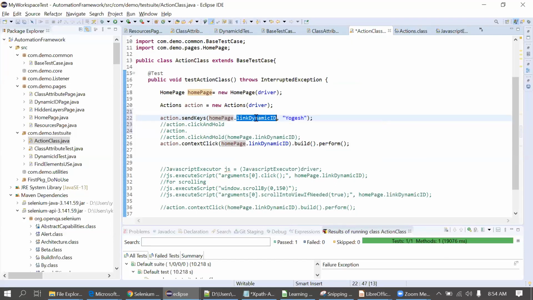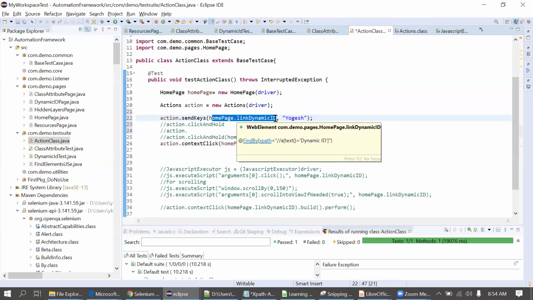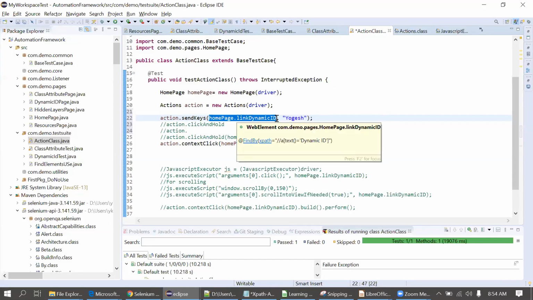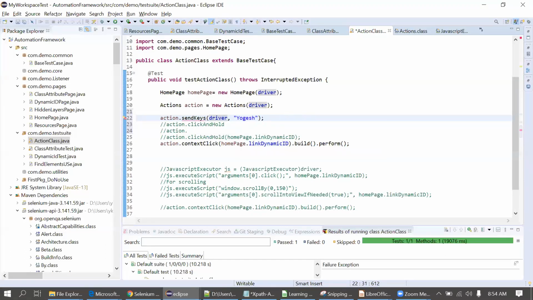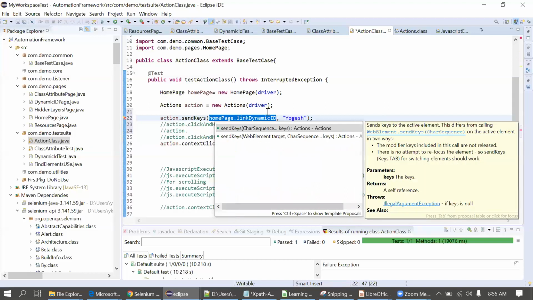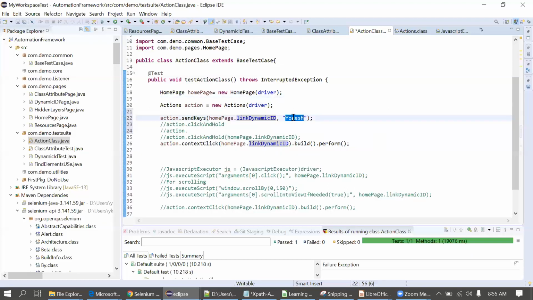Yes, this is another class, and you are using it like homepage XPath in actions, by the help of homepage link ID. Or simply I can use driver.findElement, but it will just make the code more lengthy. That is the traditional way. So instead of that, I'm just using the Page Factory. I will just pass the locator here and then the second value.